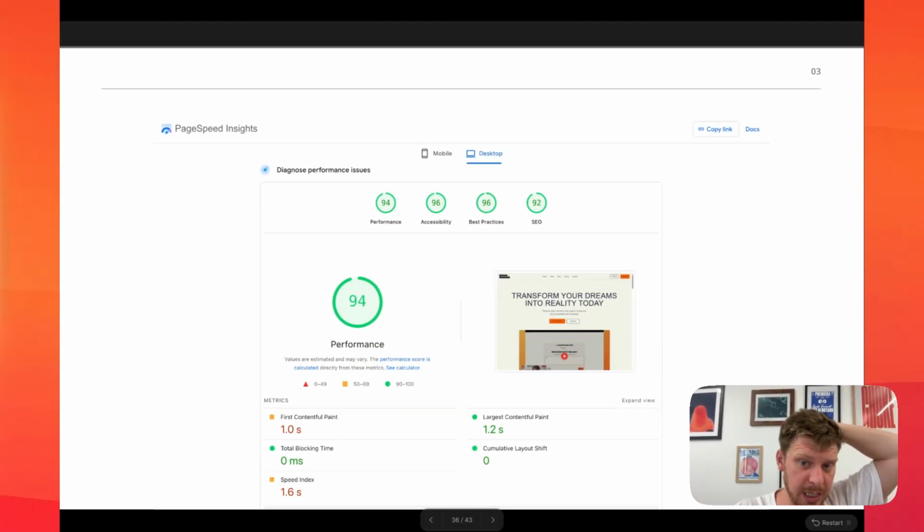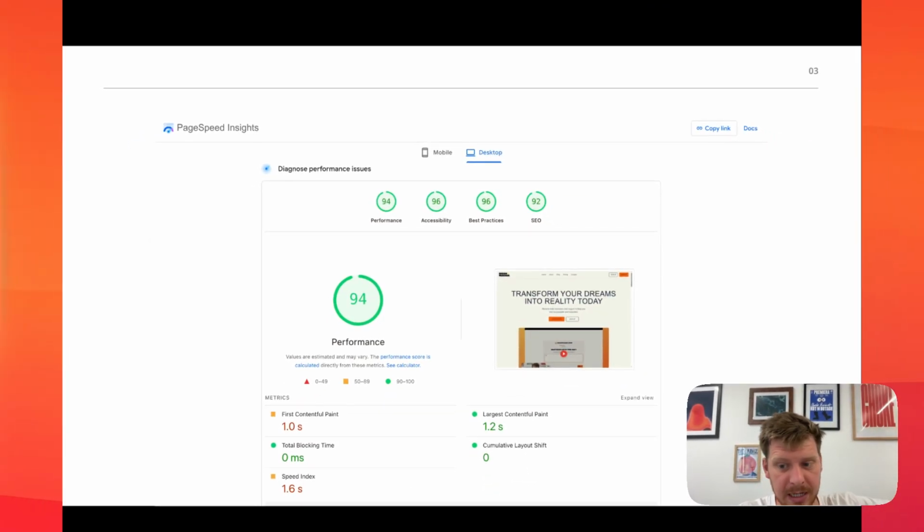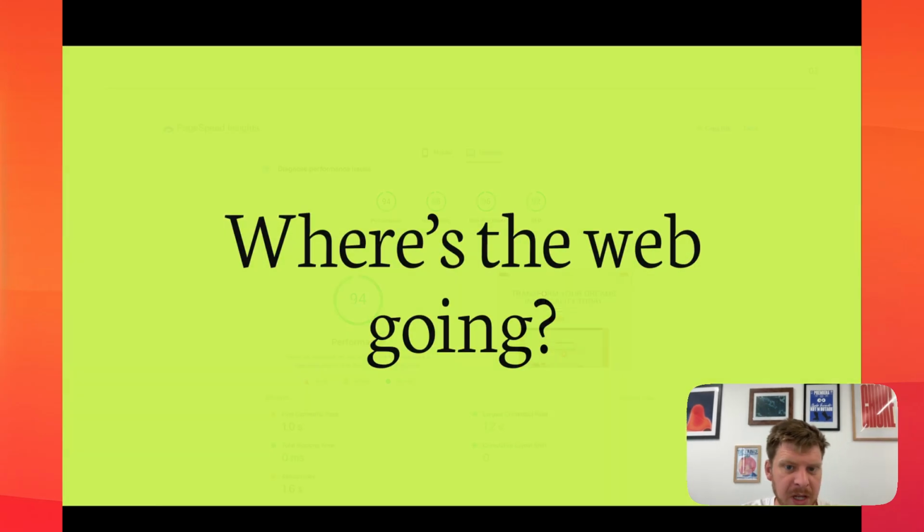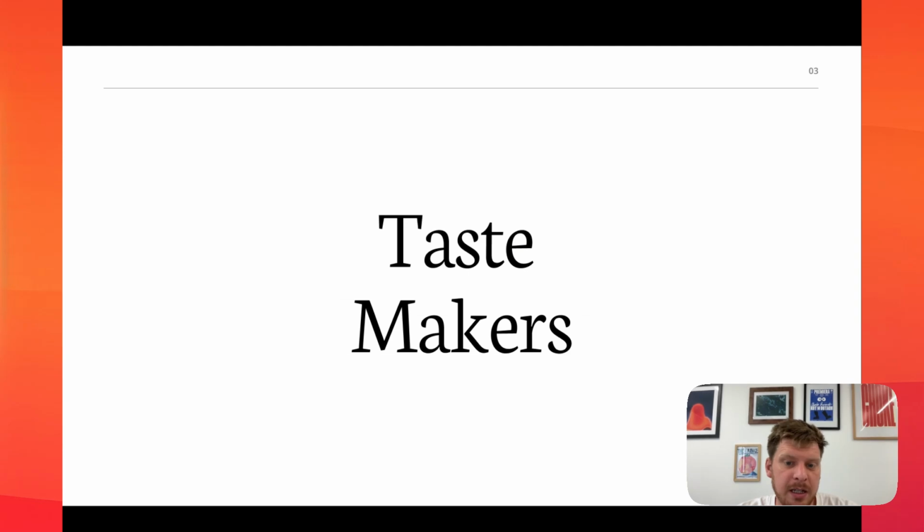And you can get really good scores, which obviously mean that Google is going to like your website more because you have a website that loads in under 3 seconds. It's accessible. It's good.